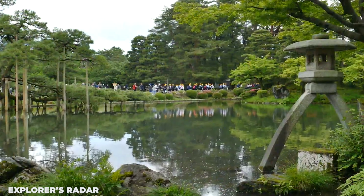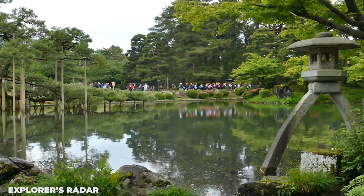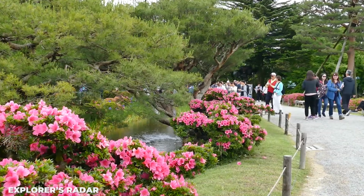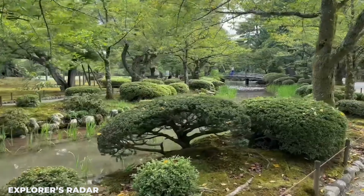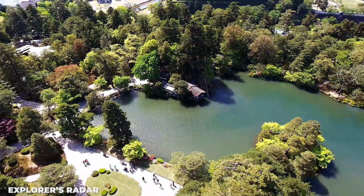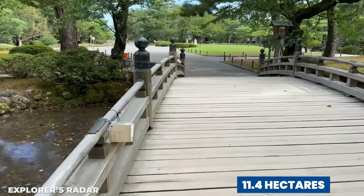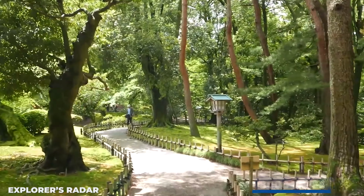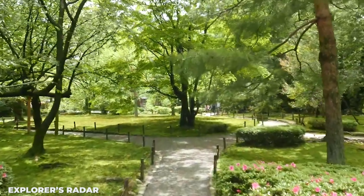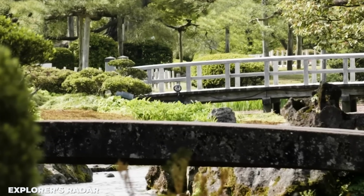the day. Kenrokuen Garden represents the perfect embodiment of Japanese landscape design, incorporating the 6 essential elements that create an ideal garden according to ancient Chinese philosophy: spaciousness, seclusion, artificiality, antiquity, abundant water, and broad views. The garden's 11.4 hectares showcase over 8,000 trees of about 160 species. Admission costs $2 for adults, 70 US cents for children aged 6 to 17, and it's free for visitors over